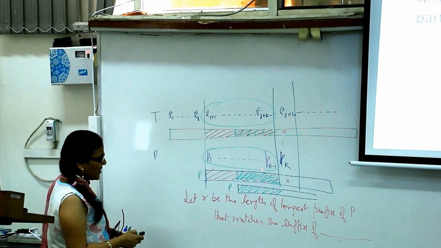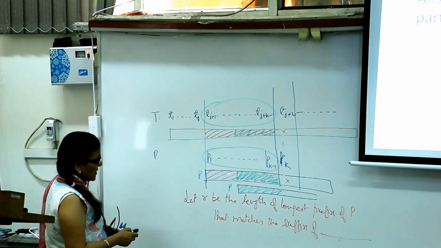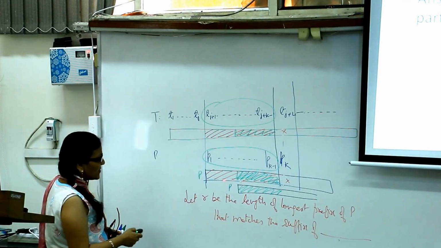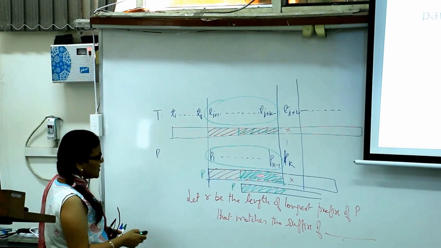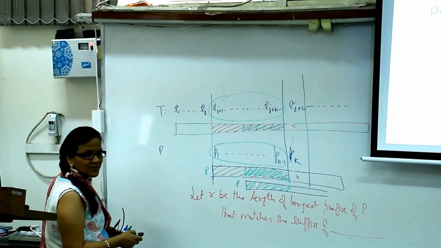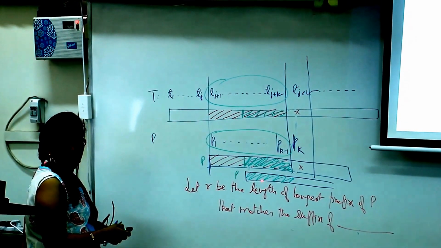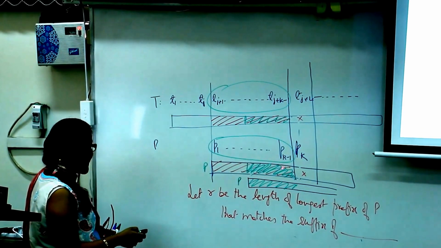Now when I come to this, half of the people understand, half of the people do not understand. I want a suffix of this red part, but this red part is same as this red part. So finding a suffix of this red part is same as finding the suffix of this red part, which is nothing but the pattern. Which red? The part of the pattern that has been matched.